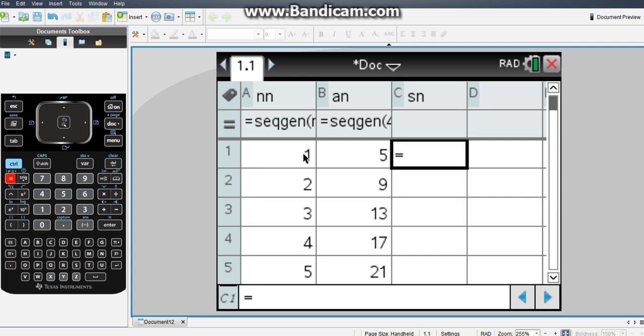Personally, I think it is easier to use the Google Slides for the series. The first two, though, you can definitely use the sequence generator. I think it's much easier, personally. But yeah, so